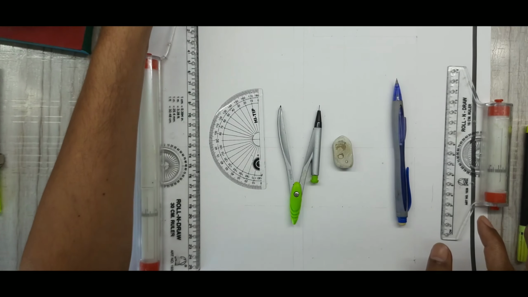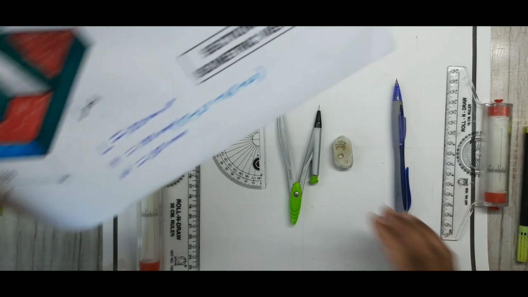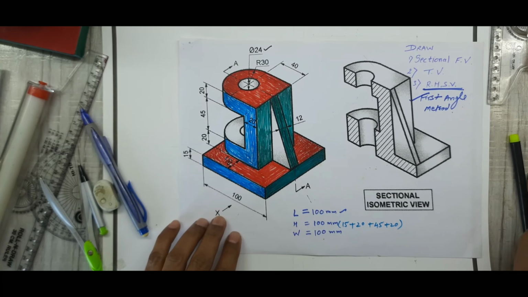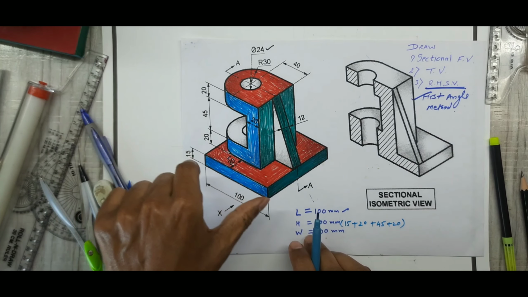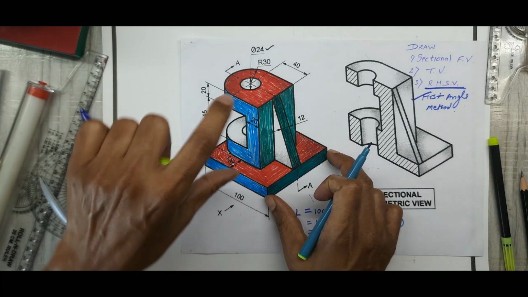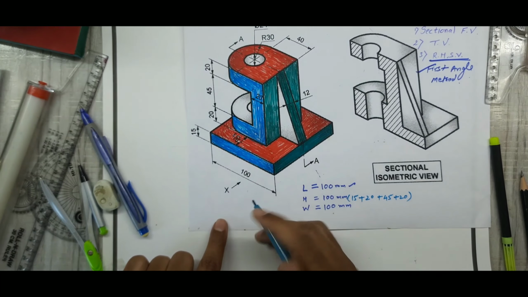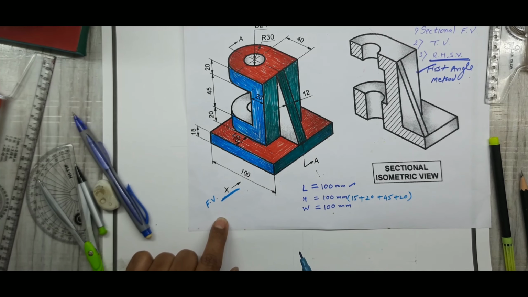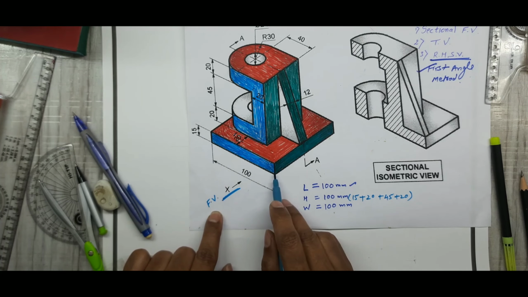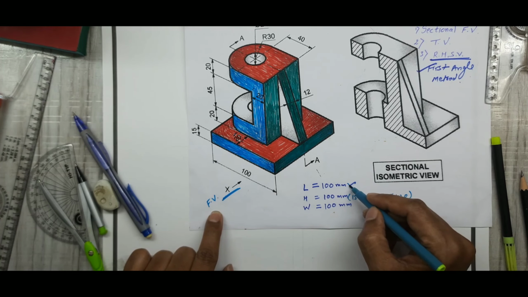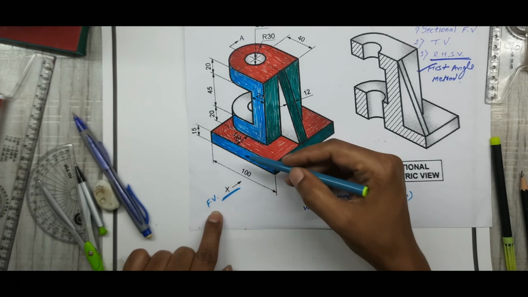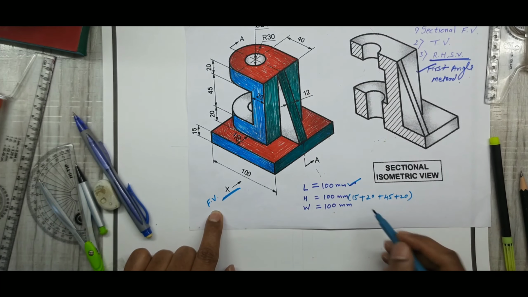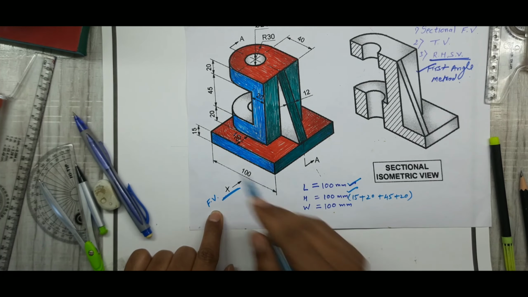Whenever we are starting any orthographic or sectional orthographic projection, what is the basic requirement? Our basic requirement is that first of all you have to find out the length, width and height of the component. In this diagram it is clearly mentioned that from this direction X we are going for the front view, right? So this distance is L. How much is the L? It is given as 100. So that is the first part. Second, height: if you observe here, it is 15 plus 20 plus 45 plus 20. That will give you the total height. So that height is also 100 if you go for the additions.